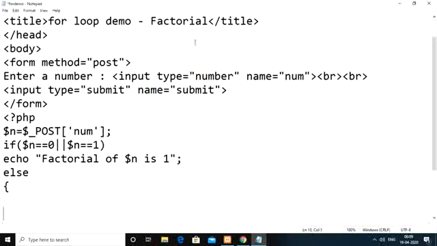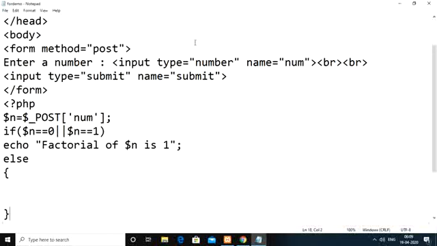Else, whenever the given value of n is other than 0 and 1, in that case we need to take one for loop. Here we need to begin; by default we take the result within the fact variable. Initially we don't know the factorial value for the given number. Factorial means we need to perform multiple product operations, so we assume the factorial value as 1, as we are performing product operations. When we perform a sum operation, initially the result we take as 0.